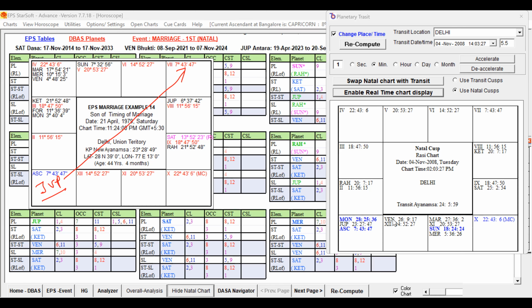Venus is in the sign of Mars. Mars is also a good key planet in the star of Mercury. Mercury is seventh lord. So that way it is connected. Seventh lord, and in the star of Saturn, our other key planet, right? And Venus is over. Then what else? Bhuktī Lord is Venus. Antara Lord is Saturn.